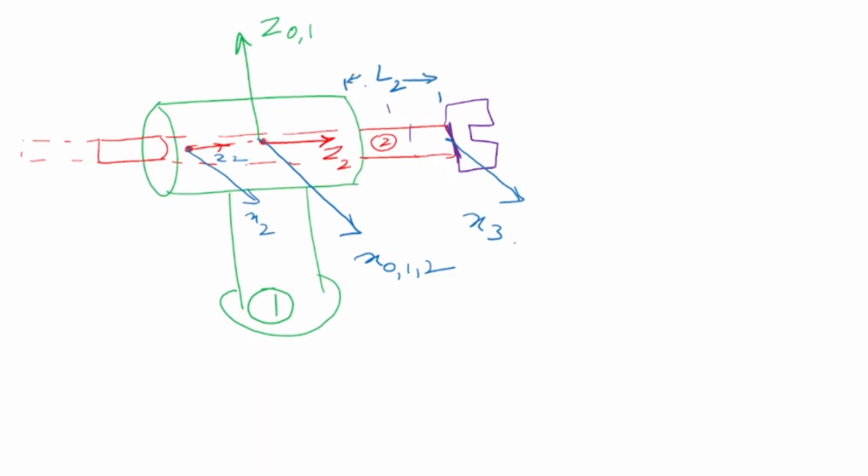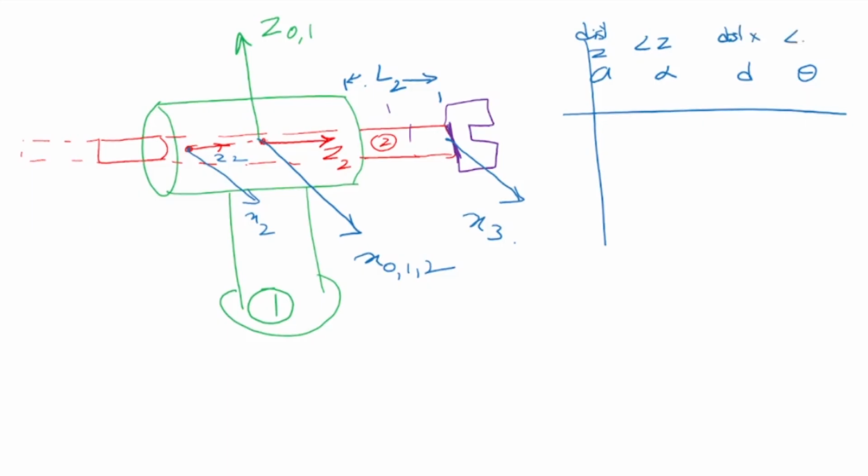Now let's write the DH parameter table. In the DH parameter table, again we have A, alpha, D and theta. So A is the distance between z-axes, alpha is the angle between z-axes, D is the distance between x-axes, and theta is the angle between the x-axes. We have 3 degrees of freedom, a manipulator having 2R and 1P joint. So the first is the frame relation between 1 and 0, this is 2 and 1, and that is 3 and 2.